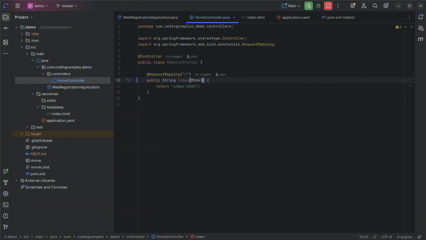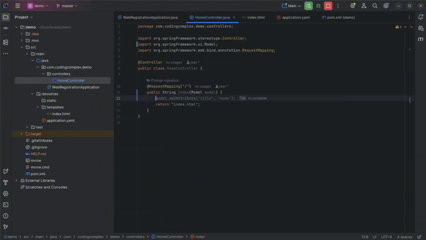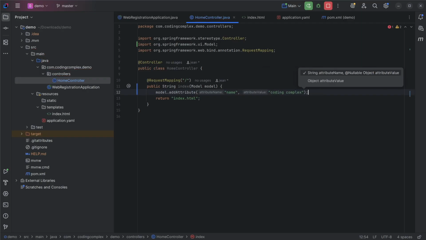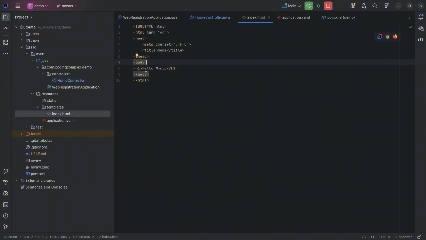So let's say model.addAttribute. Here we're going to name the attribute "name", and here we're going to give a value. Let's say "Coding Complex". So now we go back to our index.html file, and here we're going to add in the